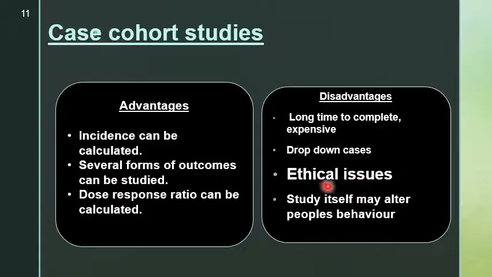These studies pose major ethical issues because sometimes you have to convince them to please stop smoking. We are seeing the association between smoking and lung cancer. So there are ethical issues. You cannot tell the patient, please start smoking, I want to see the incidence of lung cancer. You cannot tell them. So it is your duty to tell them to stop smoking. And sometimes they may change their behavior. So you will have fewer people. And ethical issues because you cannot force the patient to keep on smoking just because you want to have a good result, or you want to have a uniform atmosphere of the disease. You cannot tell them to keep on smoking, right?